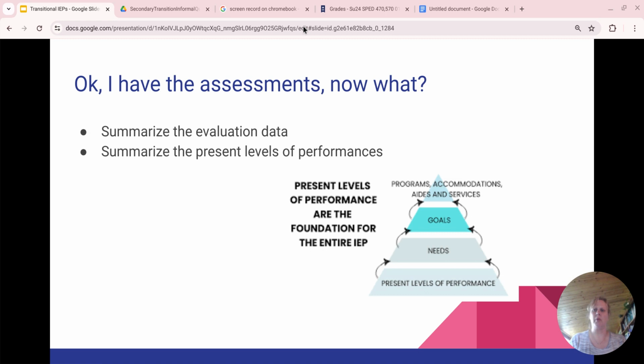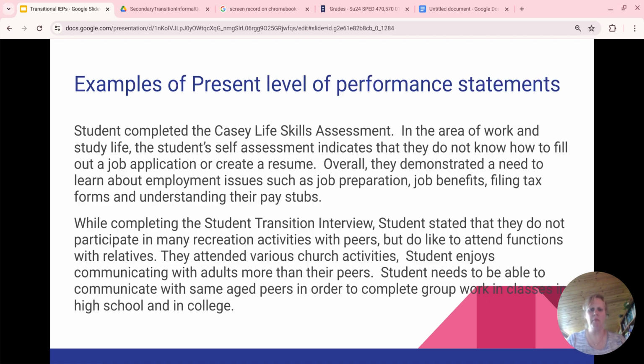So getting back to our slideshow here. What I've done next is we've got a couple of examples of present level of performance statements. Now these are actual statements from individual education plans. This first one deals with employment, and the second one looks at community participation. So what will happen is you'll bring these present level of performance statements to your IEP